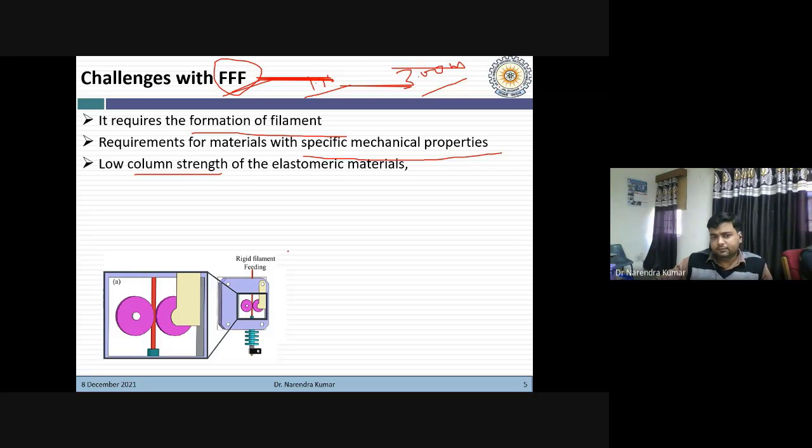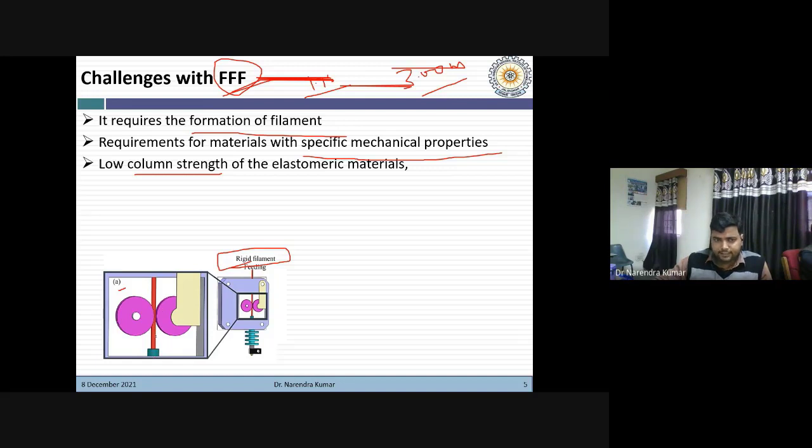So what will happen if we try to print these elastomeric materials through FFF? In the first case we feed the material in filament form, and here we are considering a rigid filament. When we feed this rigid filament through FFF, we don't face any problem.